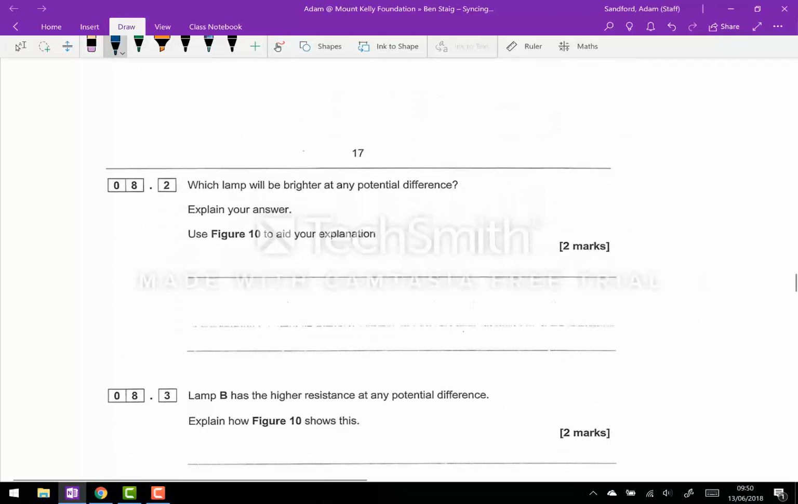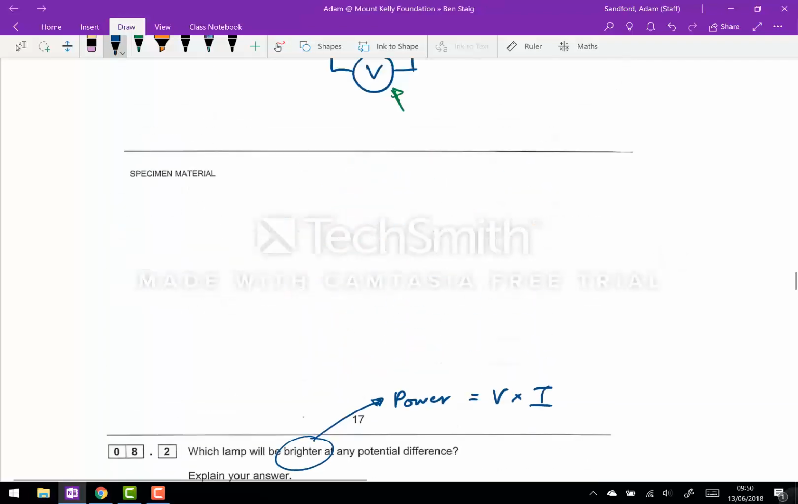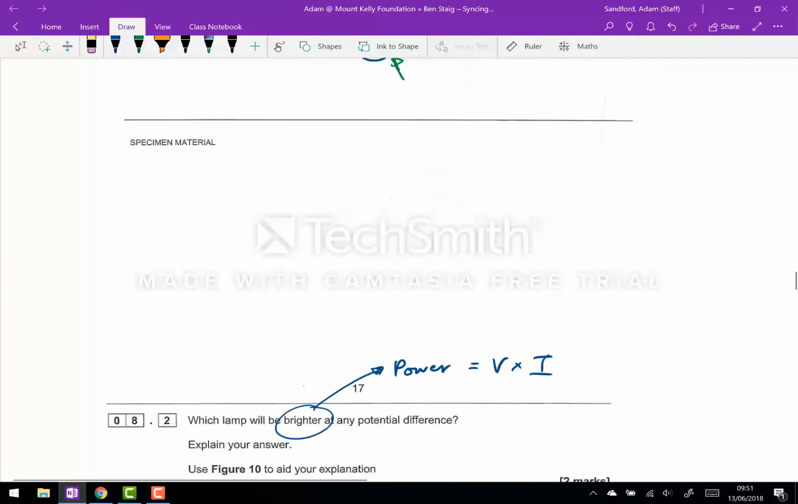Which lamp will be brighter at any potential difference? Well, brightness is all to do with the power, which is equal to V times I. Now if we look at the graph, at any potential, the current is higher for A than B, and therefore the power will be bigger in A than B, and therefore it will be brighter. So it's lamp A